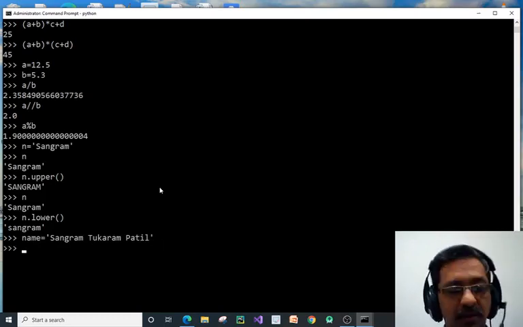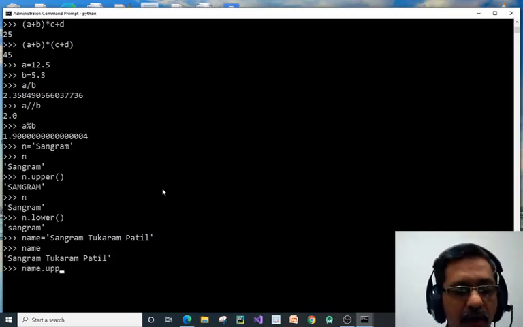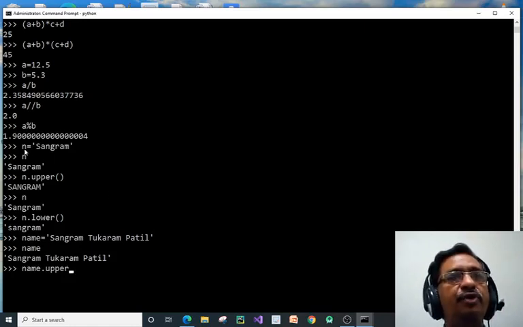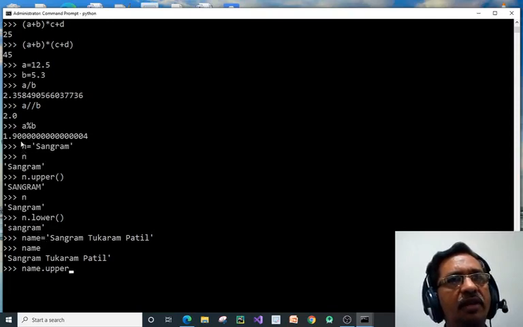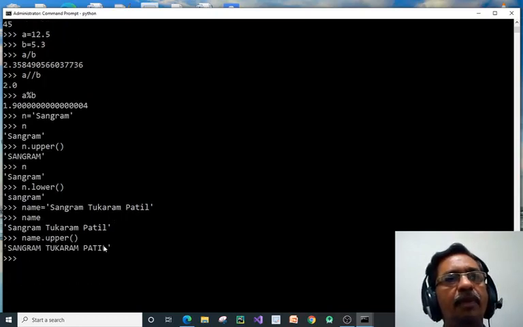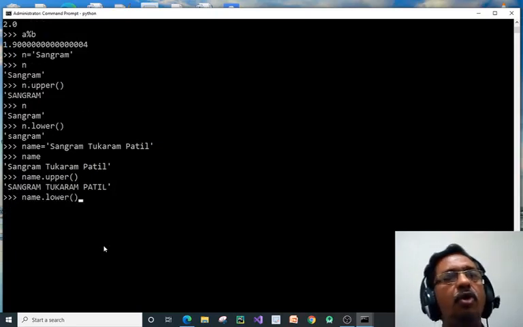Now if I use name, it will give me whatever I have typed. If I use name dot upper, in the previous example I used n, and here I have used name. It doesn't make any difference. This n is different and this name is different. They don't have any relation with each other. Each is a separate variable. Name dot upper displays everything in uppercase, and name dot lower displays everything in lowercase.